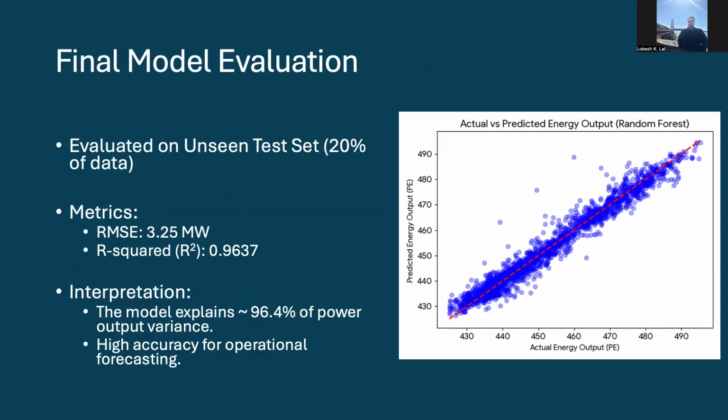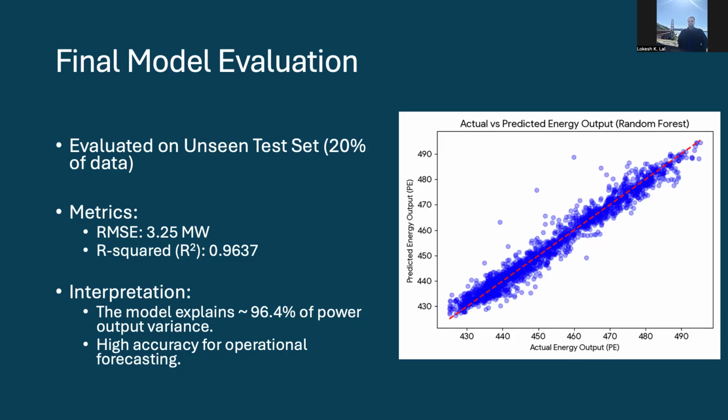And if we look at the final evaluation, we see that the results are very strong. Our root mean square error is around 3.25 megawatt, which is roughly around 1%, and our R square value is 0.9637. If you look at the graph on the right-hand side, the x-axis represents the actual energy